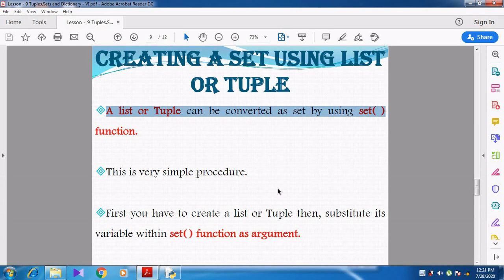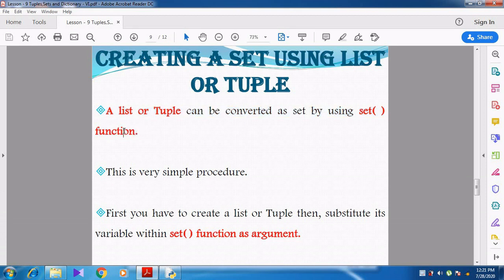In the previous videos, when we discussed tuples, a list can be converted to a tuple using the tuple function. So like that, a list or tuple can be converted to a set. How can we convert a list or tuple to a set? Using the set function.